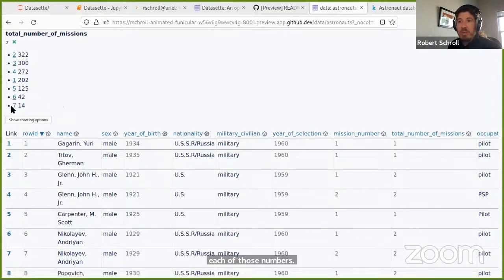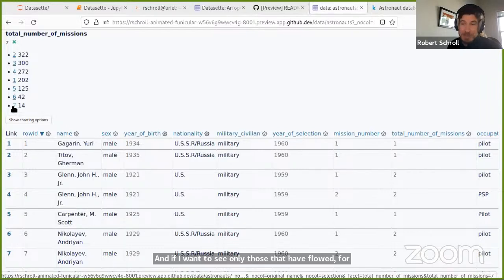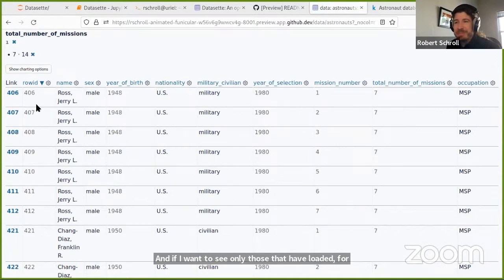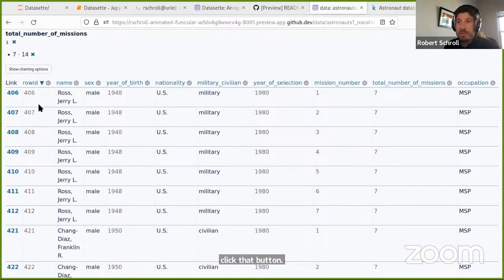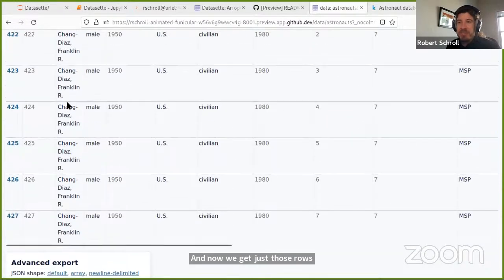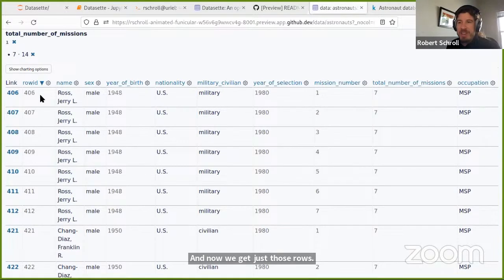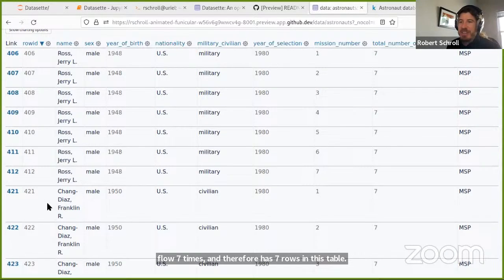And if I want to see only those that have flown, for example, on 7 missions, which is pretty impressive, you click that button. And now we get just those rows. So if I scroll down here, instead of seeing a bunch, I just see those 14 rows. In this case, it's 14 rows for just 2 people, each of whom flew 7 times and therefore has 7 rows in this table. Jerry Ross and Franklin Chang Diaz.